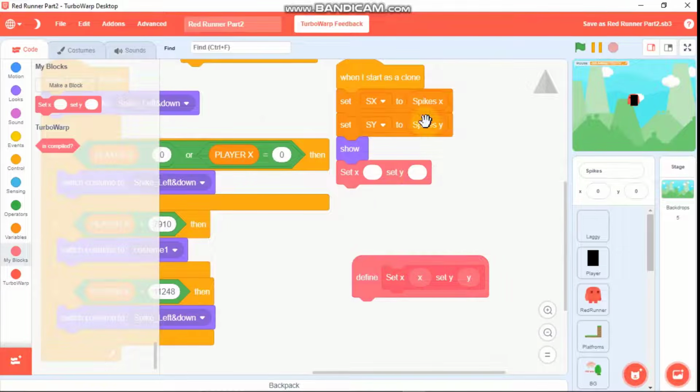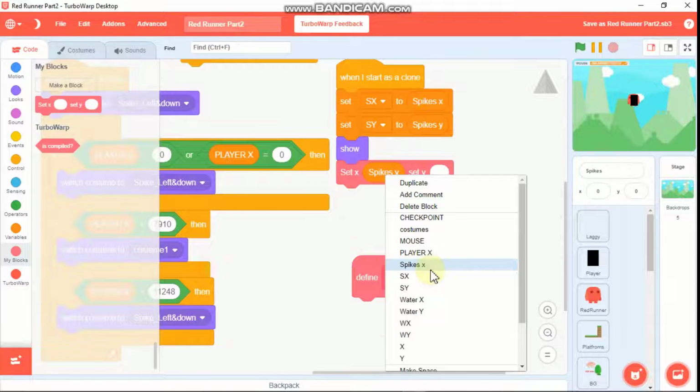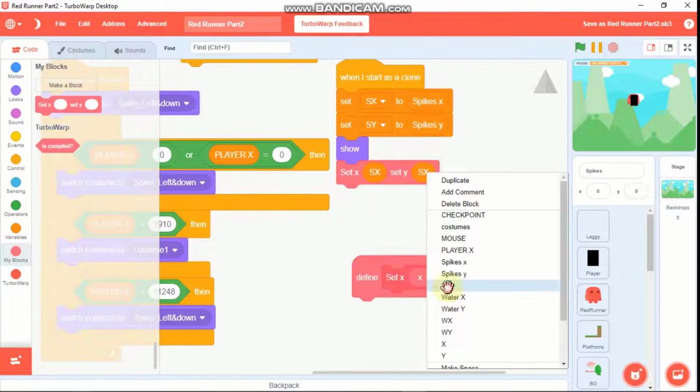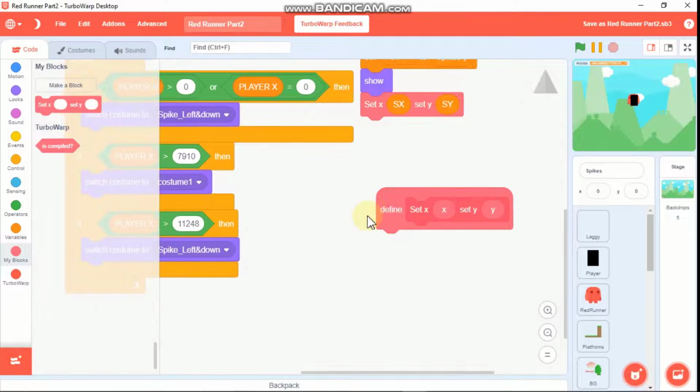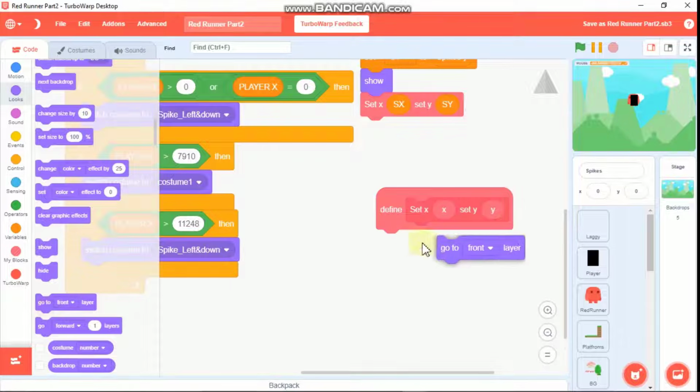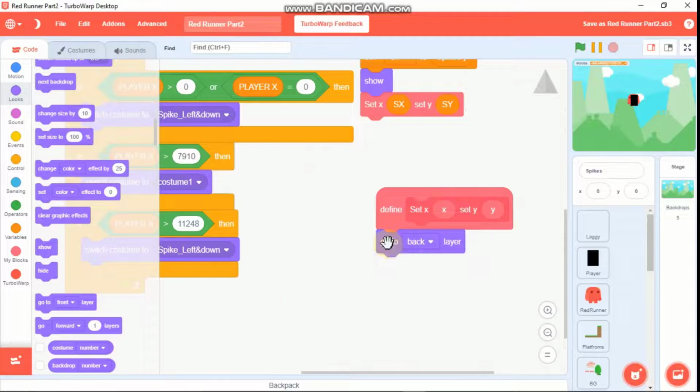So we need to set x to sx and set y to sy. And then let's define this block. So we need to go to black layer, and then go backward 50 layers